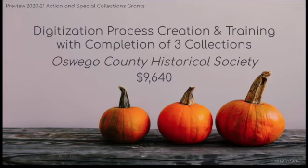I'm Mary Kay Stone, and we're a small historical society in Oswego, New York, who has a beautiful collection of archives that were organized in paper when we had a paid staff, but have never been digitized. And earlier this year, I did get some digitization equipment, a large 11 by 17 flatbed scanner, Epson, and a film and slide scanner and external hard drive through a grant from the Pomeroy Foundation and the Museum Association of New York, because we recognized that, especially in the pandemic, we needed to be able to make our collections more